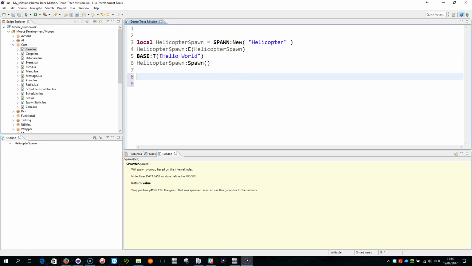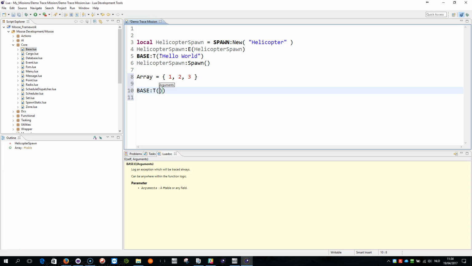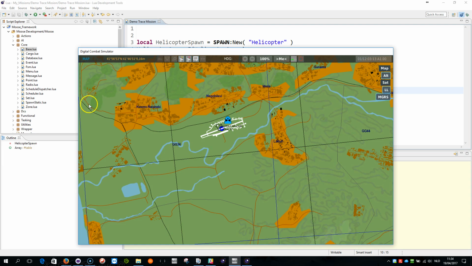Now I'm going to create an array. So I do array equals 1, 2, 3, right? So I can do now base T, let's call it, just because then I'm tracing and I can switch it off later. So I can do trace me the array just like this. It's a global variable array, trace it. Of course I need to rerun